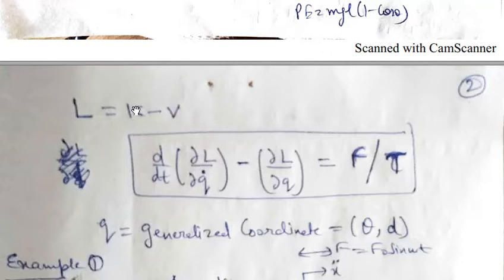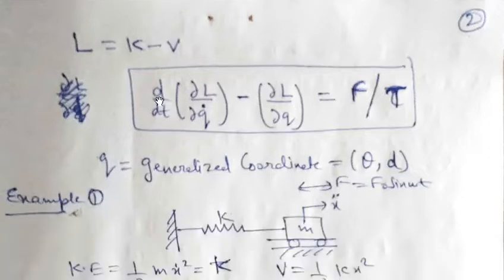Once you determine the kinetic energy and potential energy of a complete system, let's say we have one component, so K minus V. If I have two components in a particular system, let's say a two link robot, we have two links, so it will be k1 plus k2 minus v1 minus v2. So like this we have this Lagrangian approach. We determine the Lagrangian, substitute it here, and you determine the equation of motion.